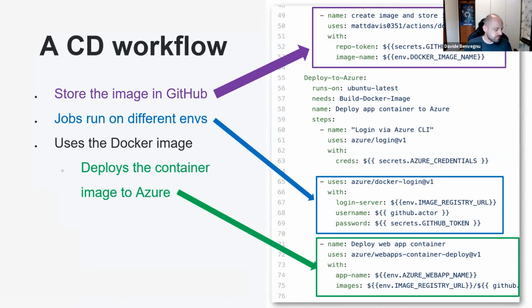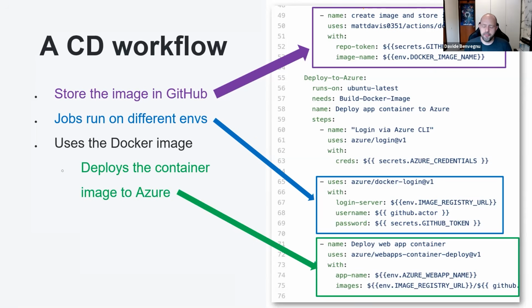Regardless if you want to use it to deploy to dev, to QA, test, production, or whatever, it's important to know that, first of all, GitHub Actions is a fully fledged CD engine as well. Until a few months ago, we could have said that on the CI part, GitHub Actions was really good. On the deployment part, GitHub Actions was not so good, or let's say had to mature more. Right now, we can confidently say that even for enterprise clients, and we have a ton of enterprise clients using this for deployment. This is a sample CD workflow, and it's about storing